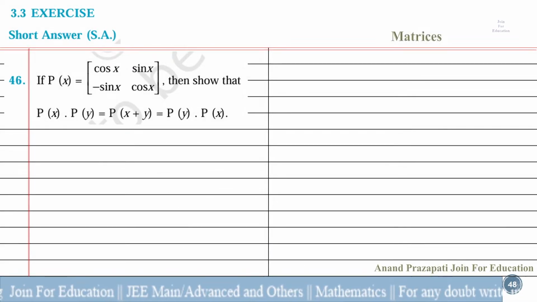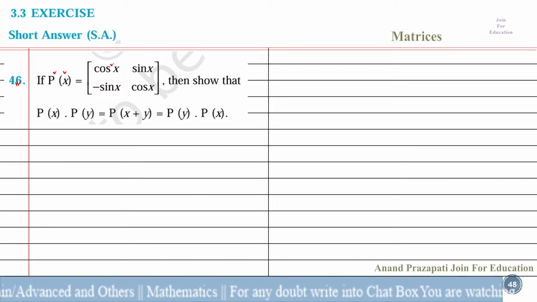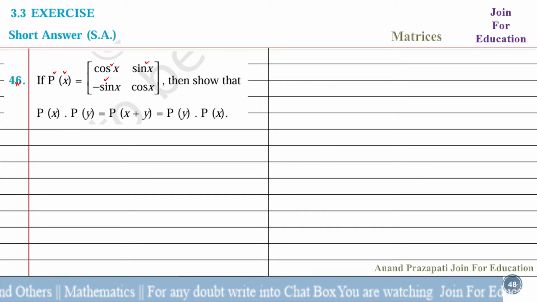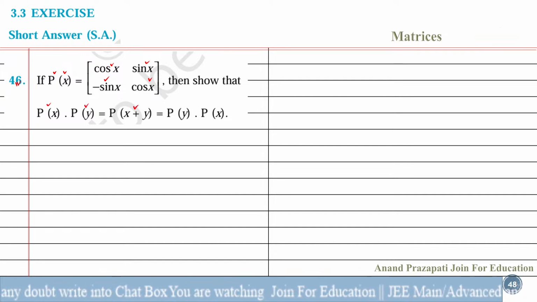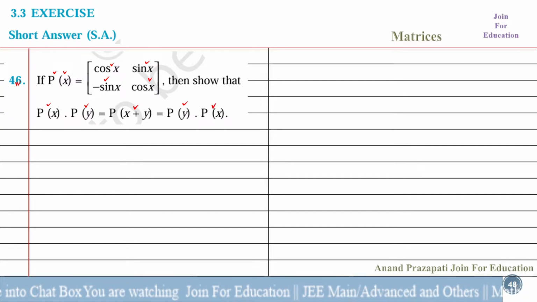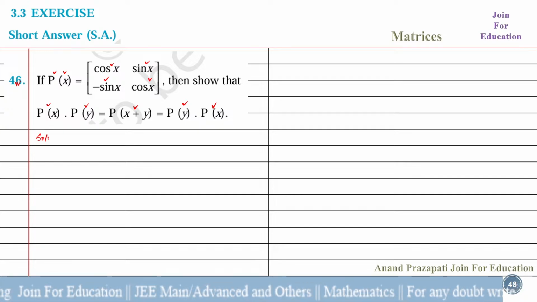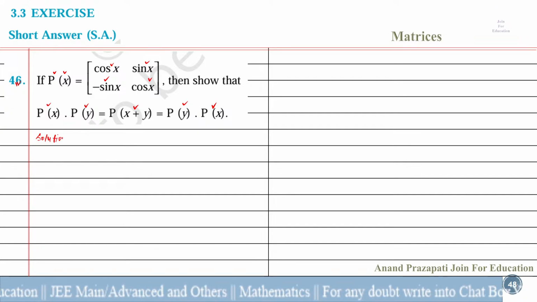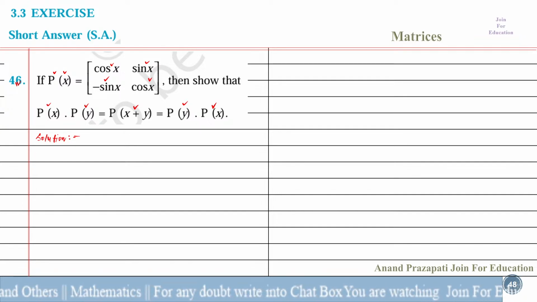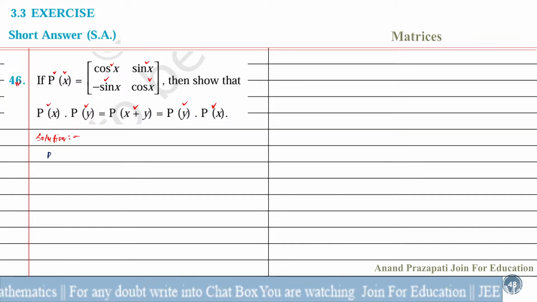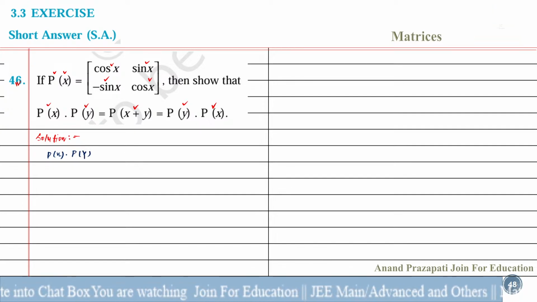That's question number 46. P(x) equal to the matrix cos x, sin x, minus sin x, cos x. Then show that P(x) into P(y) equals P(x plus y) equals P(y) into P(x). Let's see the solution of this question. Here P(x) into P(y) equals